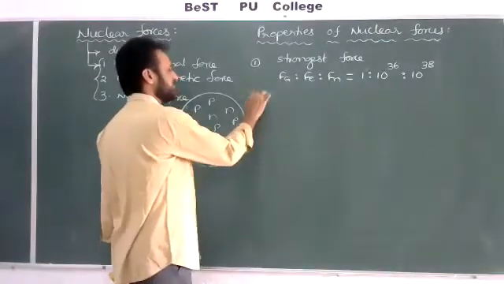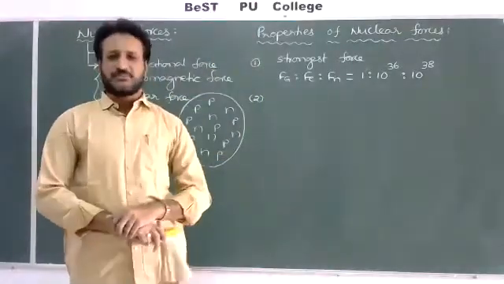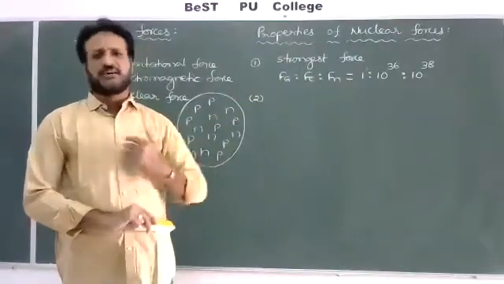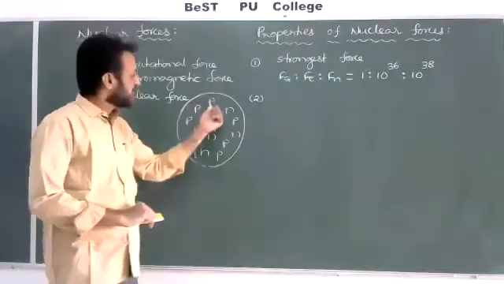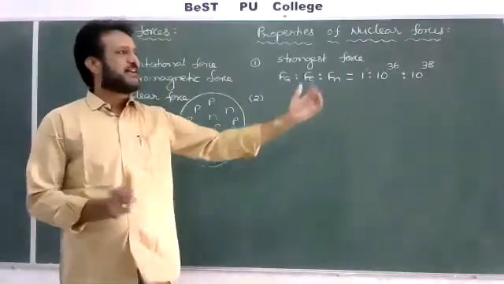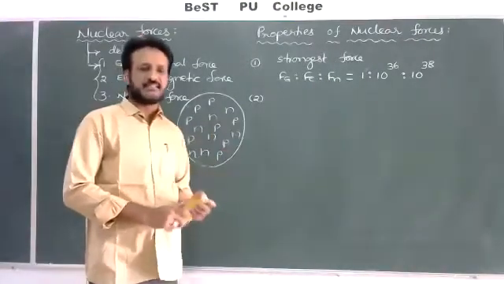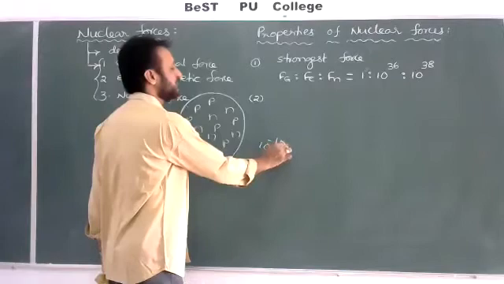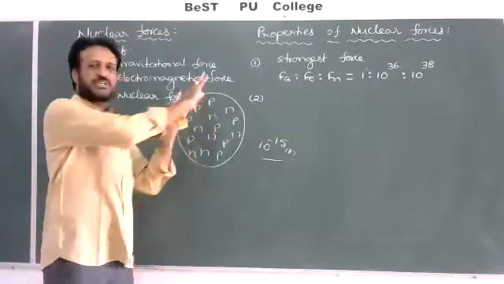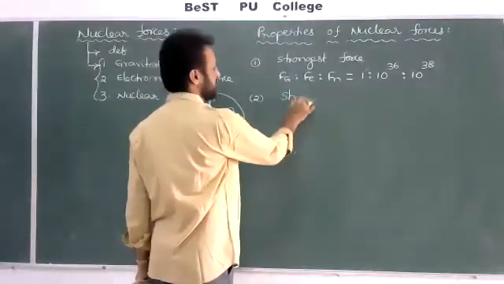Second, gravitational force can act up to infinite distance. Gravitational force acts between the sun and earth, moon and earth, and among the stars and earth also; it is a very long range force. Electrostatic force acts between charged particles, even if you place two charged particles at 1 meter, 10 meters, 100 meters, or 1 kilometer; it will act. Whereas nuclear force does not act over larger distances; it acts only around 10 to the power of minus 15 meter, nearly inside the nucleus only. Once we come outside the nucleus, there is no nuclear force. That's why we say these are short range forces.